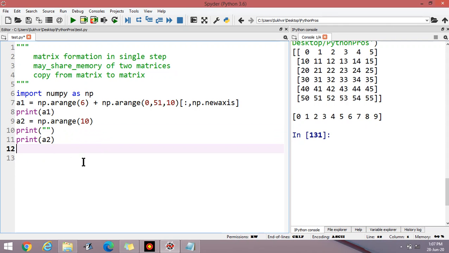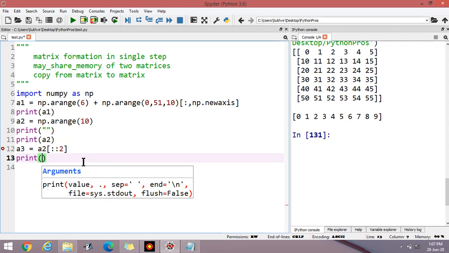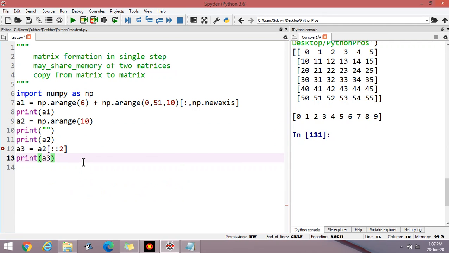So I write A3 is equal to A2, basically the new matrix with the elements taken from A2. Print A3.